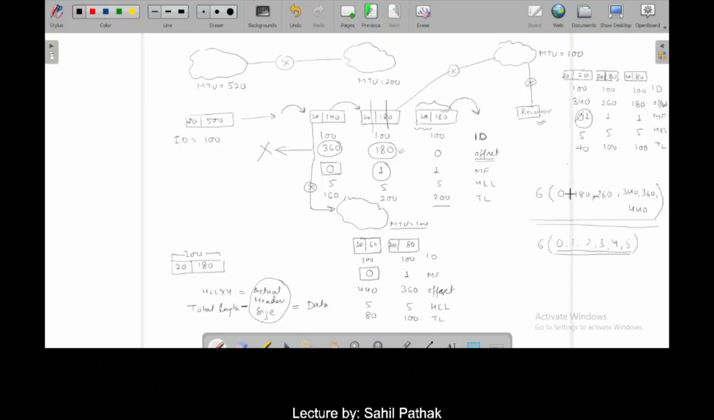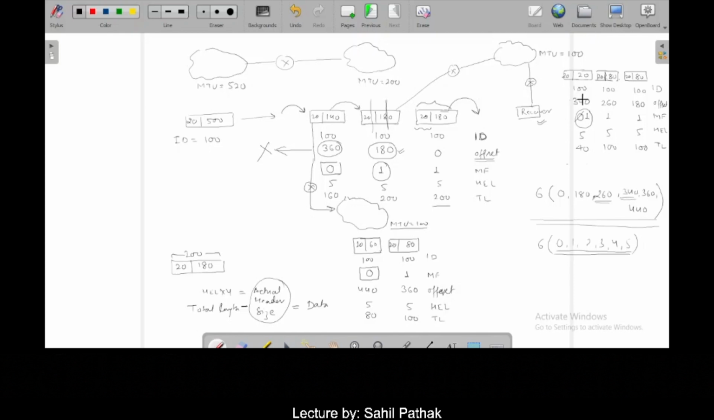to the offset. Here it is further divided, so the second fragment he must have received. After receiving this, the data of this fragment is 80, so he will add up 180 plus 80 and he will be expecting 260 next. Once he receives 260, he will add up 260 plus 80 and then he will be expecting 340